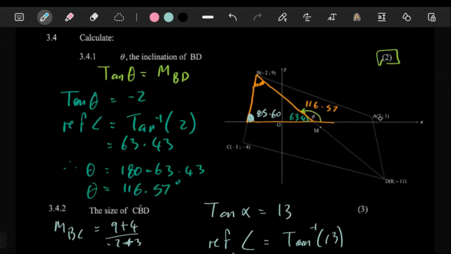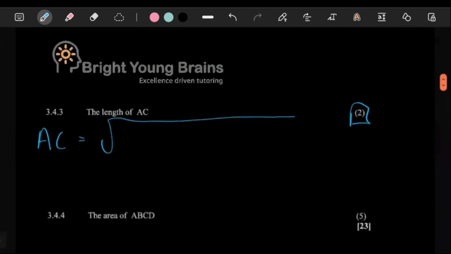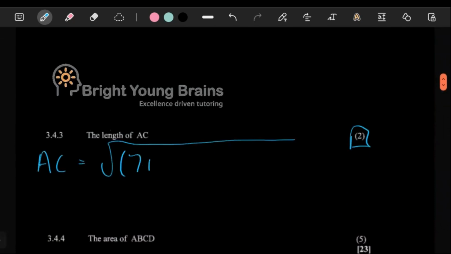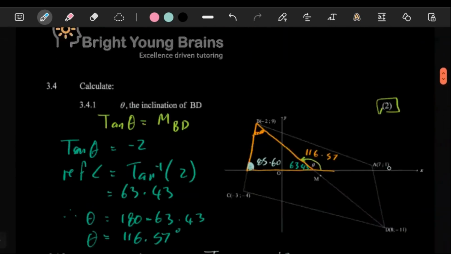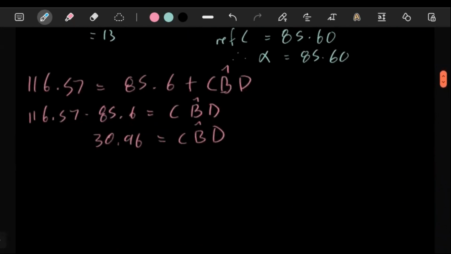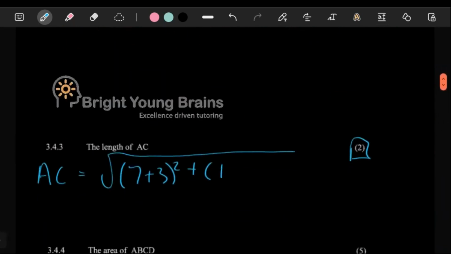So it's like, let's see, 7 minus the -3 there, 7 minus the -3. And then you're going to have here 1 minus the -4. We're just using the distance formula, you see. 1 minus the -4. And all these formulas, remember, they're on your formula sheet. Because remember, the formula sheet will tell you things like